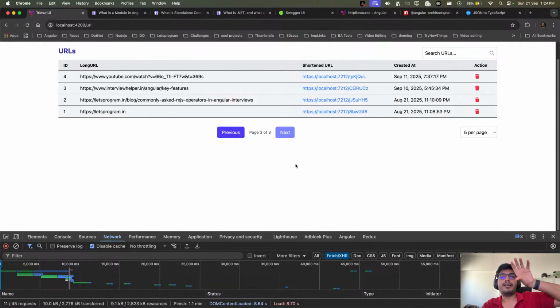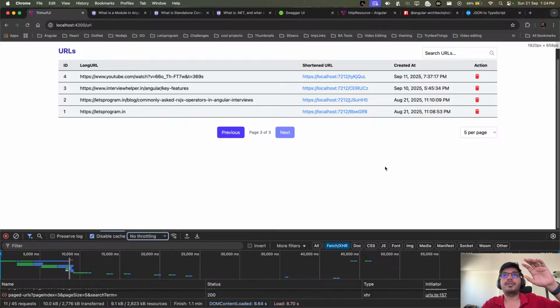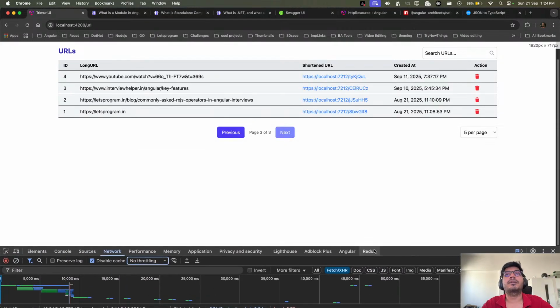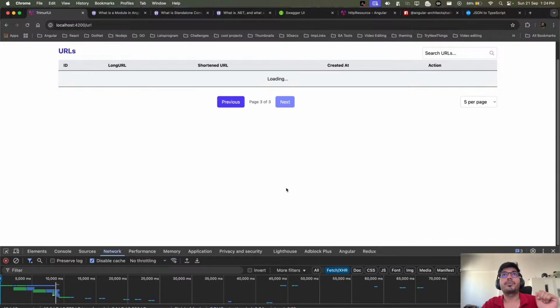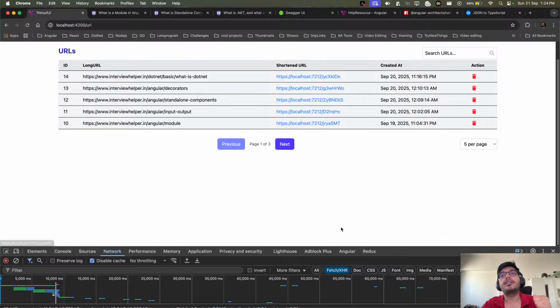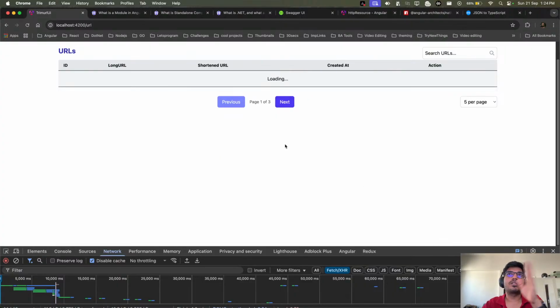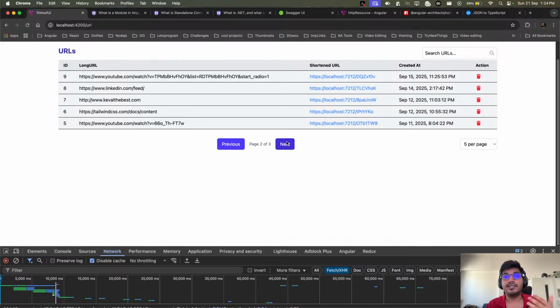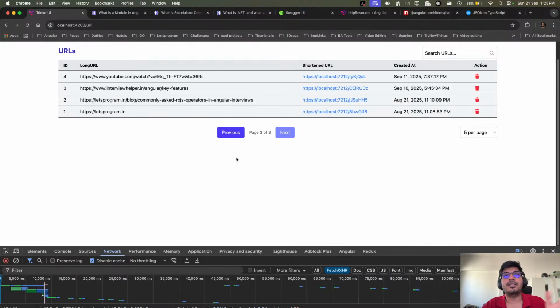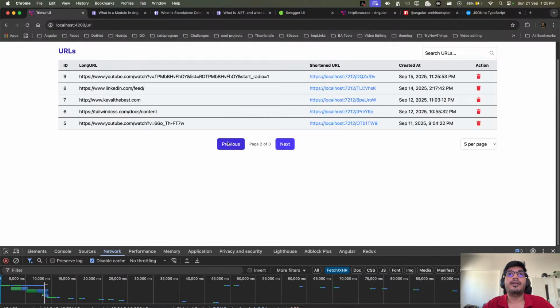So now we need to add that state on the top. Maybe because of my network tab setting I was not able to see it, but now it works fine. So now if you go to previous, it will add a loading state, and it will load the data. Okay, just in case you're not so happy about this loading thing, then you can make use of skeletons, right? So you can use a skeleton here, so that will have that skeleton effect that your data is loading. Okay, but this is what it is like. That's how you will be writing the logic here.